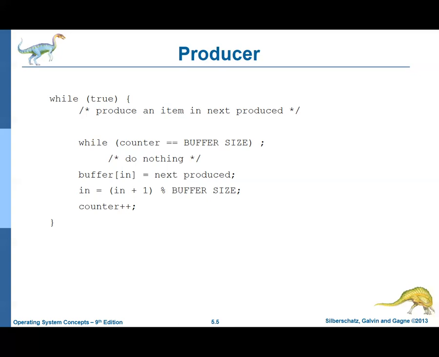How do I get to 0 from 9? The answer is I go to 10, but do modulo of the size. 10 modulo 10 will give me 0. So that's what this is. Take my 9, add to it 1, I get 10. Modulo 10, if that's the size of my buffer, gives me 0. So in is actually 0. So the next time around, I put here in a 9, then I went to 10, but the next time around I'll actually put in 0, and I'll know to put it in 0.